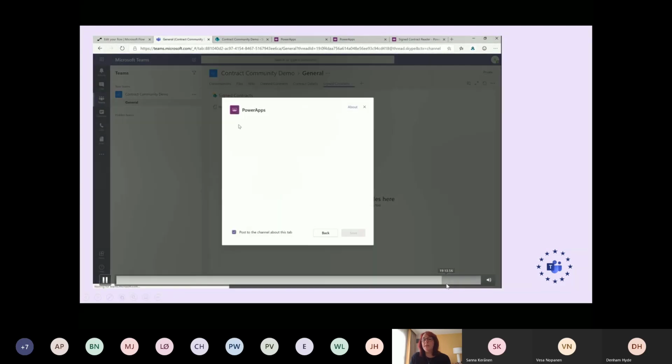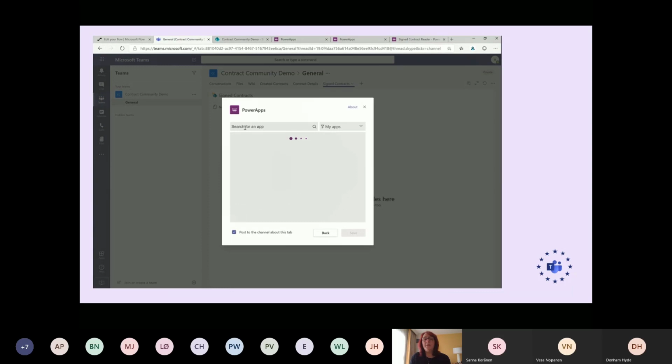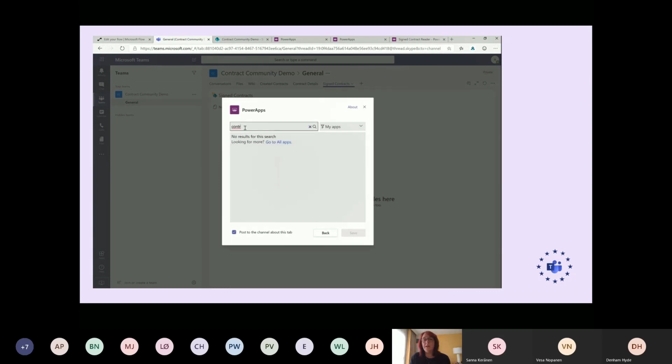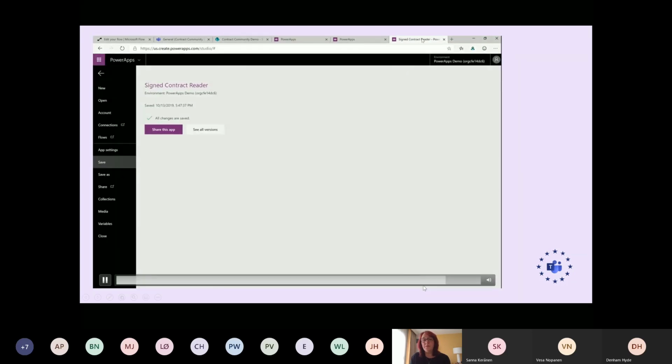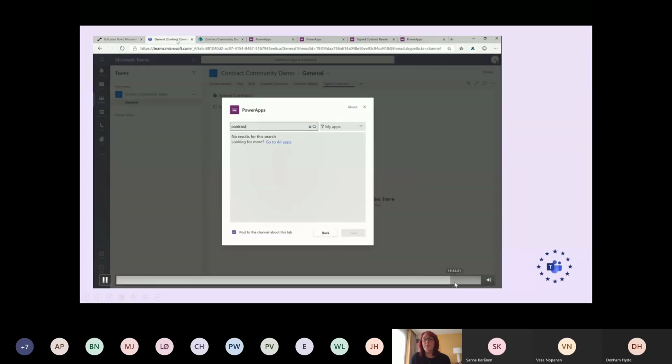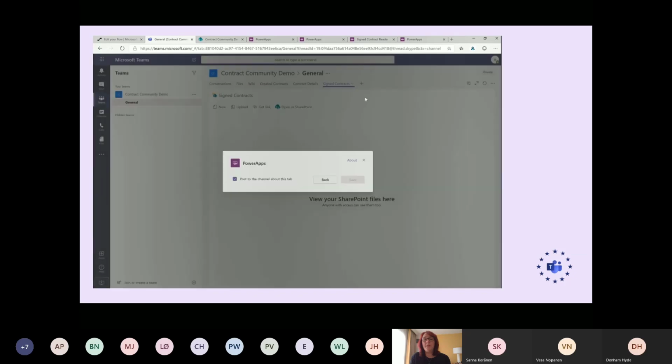This app was created in a separate environment to give us the AI Builder, so it doesn't show up in the initial search that's done in here. And again, I left that in for you just to show that not only does it have to be saved, but you do actually have to perform a search for it if it's not in the default container. So don't worry if your Power App doesn't show up to be able to be added to Teams. So let's just move that on a little bit. And you can see that